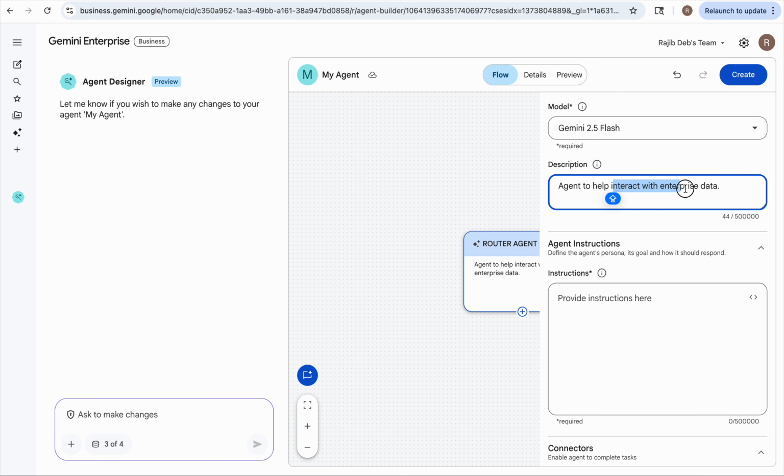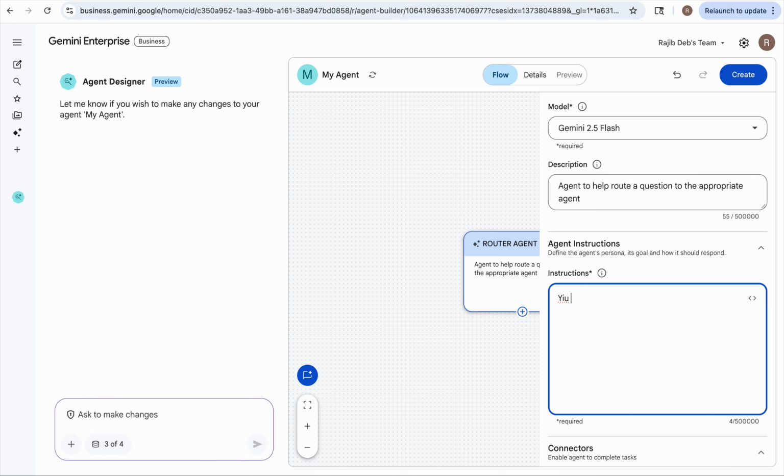An agent to help route a question to either a math agent or a physics agent, or else an agent to help route a question to the appropriate agent, right? And here I'll say